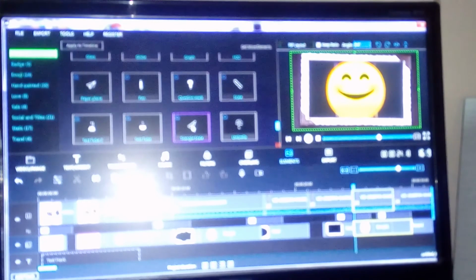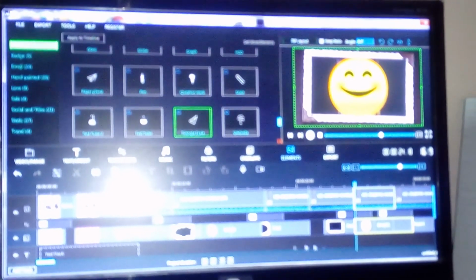There are different effects that you can select and apply at the desired location.